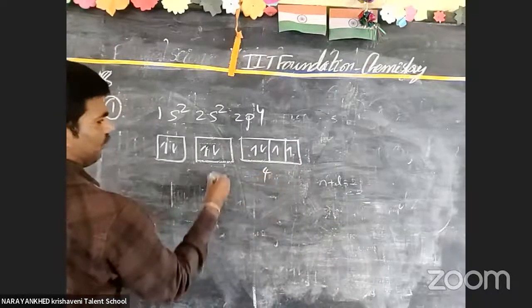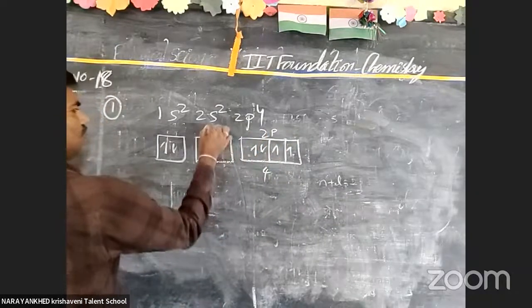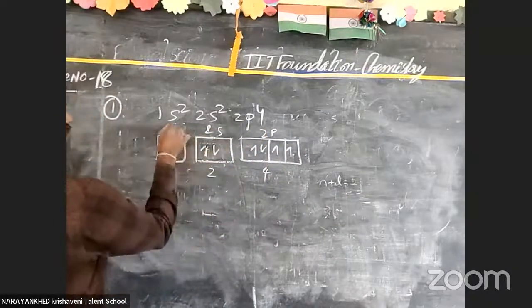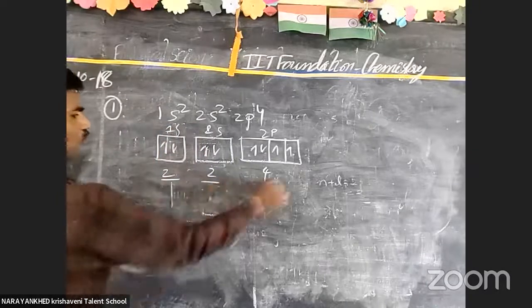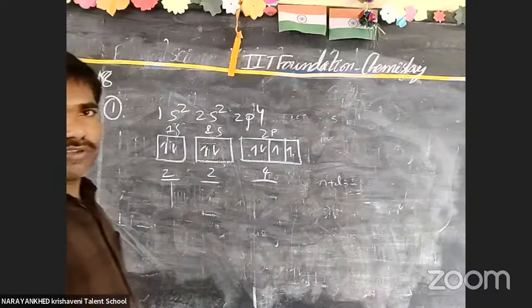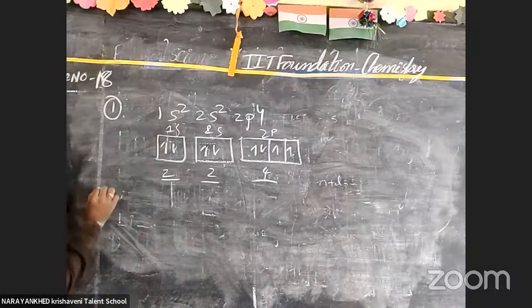Okay, now 4 here, it is a 2p, and 2 is here, 2 here, 1 is here, 2 here, 2, 2, 2, 4. Then no is a problem. Next, come to the second